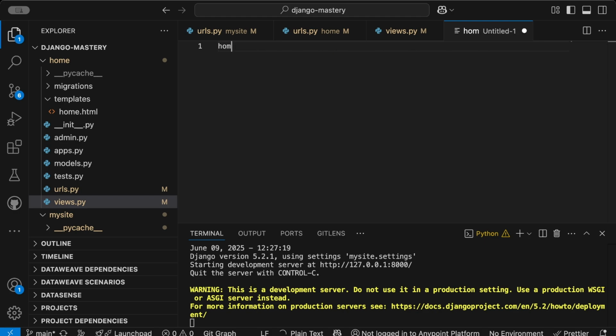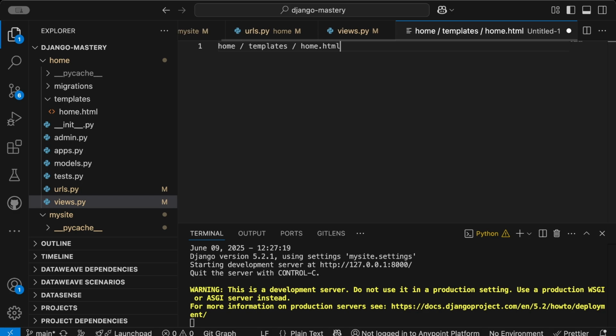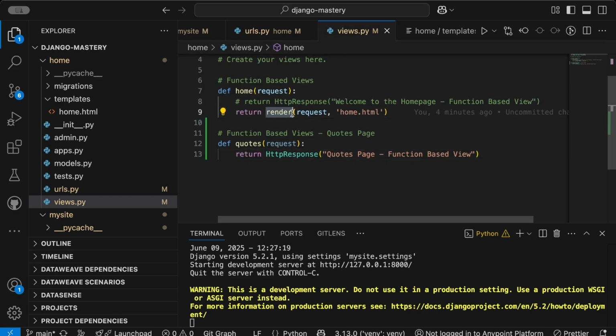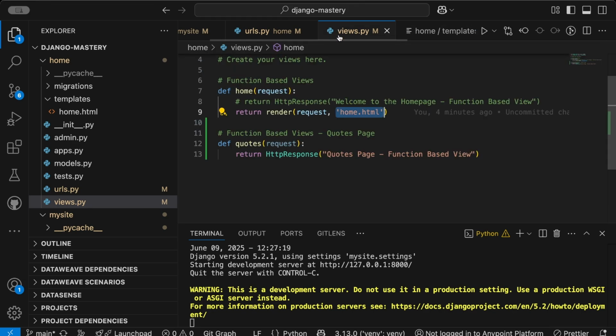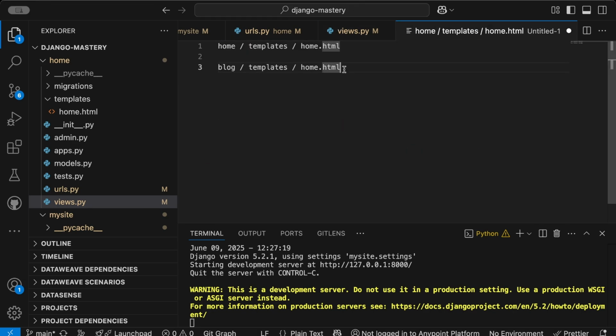Now we have an application home, right? In home, I have a folder templates, and in templates, I have this home.html. In the views, when I say return render home.html, I can see that my home.html is being returned. Now let us say your project, the Django Mastery project, has many different applications. We have the home app. Let us say there is another app, blog. In blog also you can have templates, and in templates you can have another file named home.html. In this case, if your views file is returning home.html, it will be confused about which home.html to return,